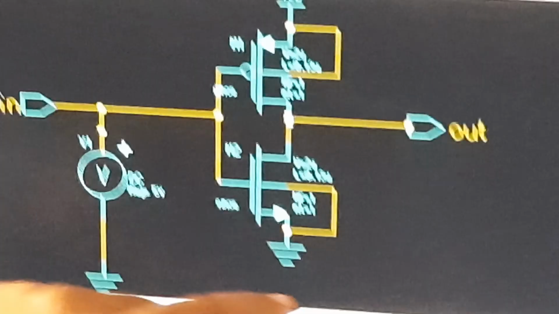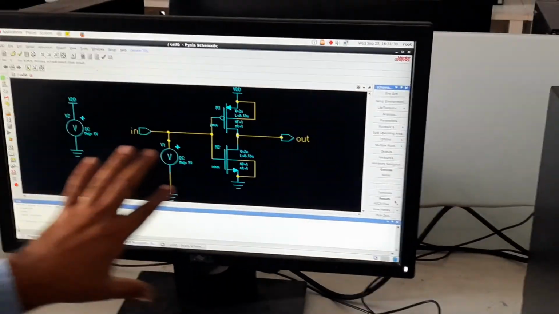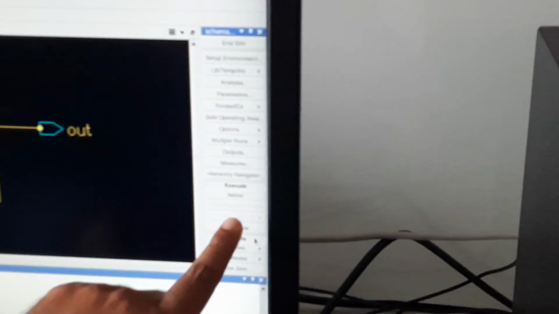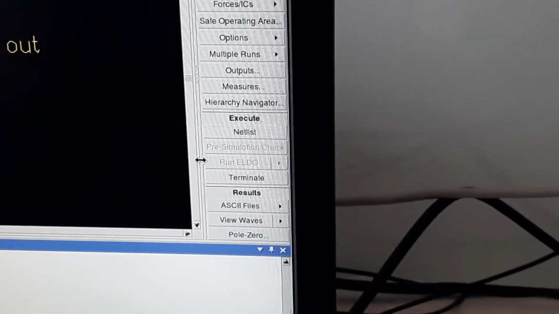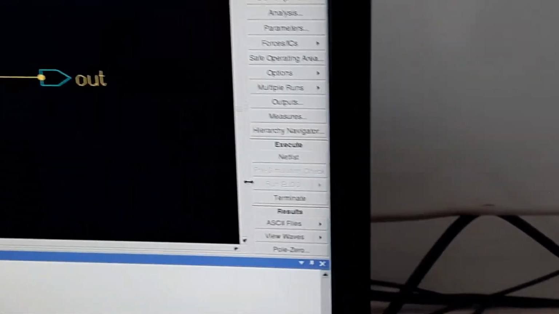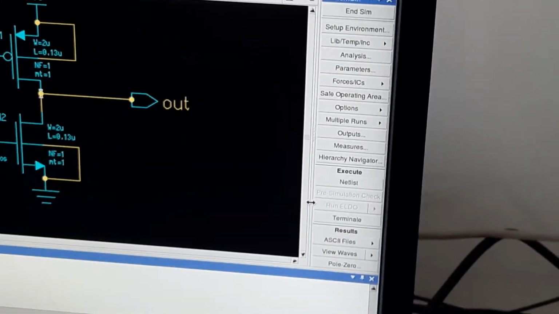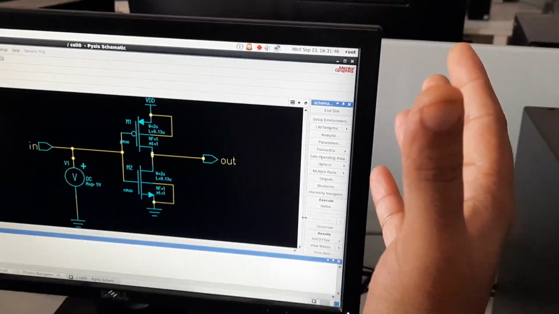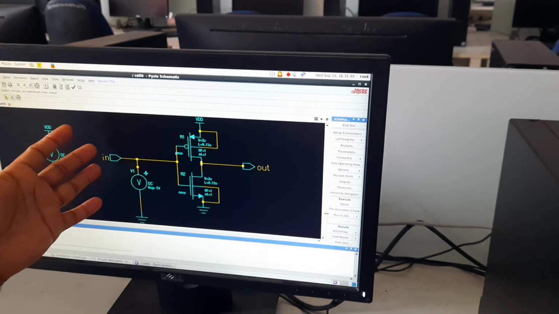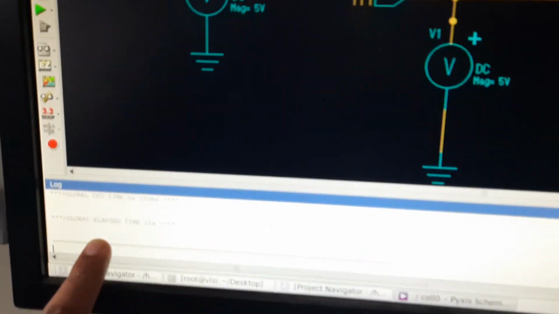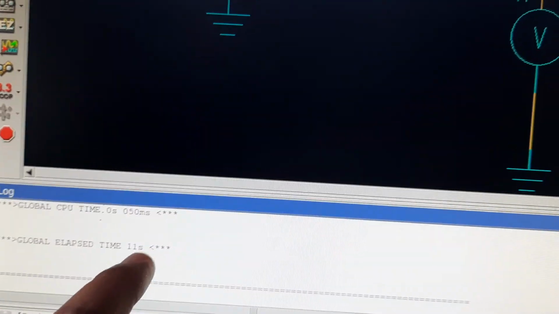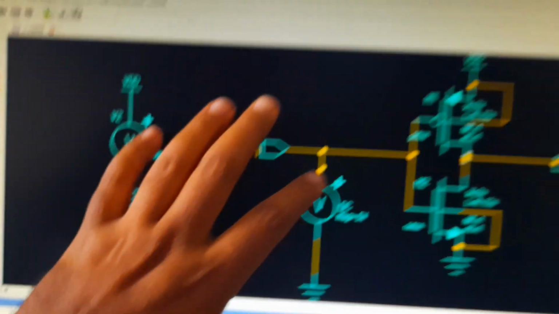Okay, so now here the simulator is ILDO. So you check here, this ILDO simulator is running. The simulation is going on. So now the ILDO has simulated your design. The ILDO is a simulator. They give the waveform in some another software. Okay, you just wait for the simulation, and here after some time the simulation is stopped after 11 seconds. Now my simulation is complete.